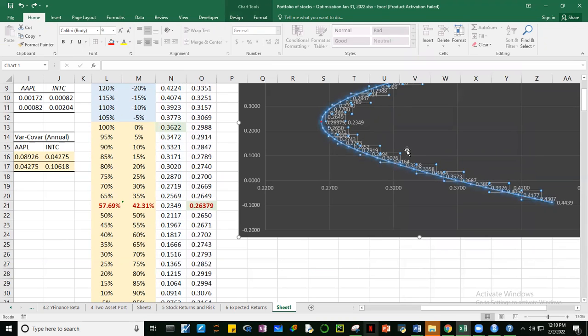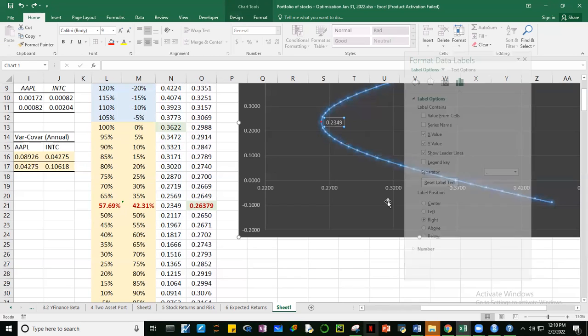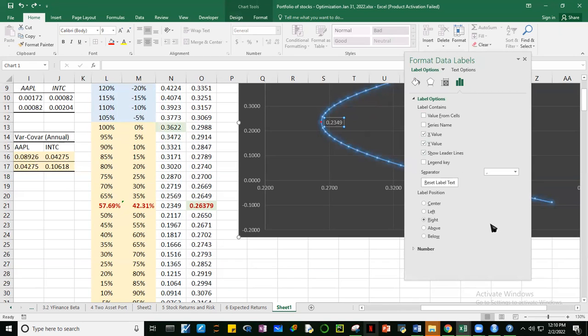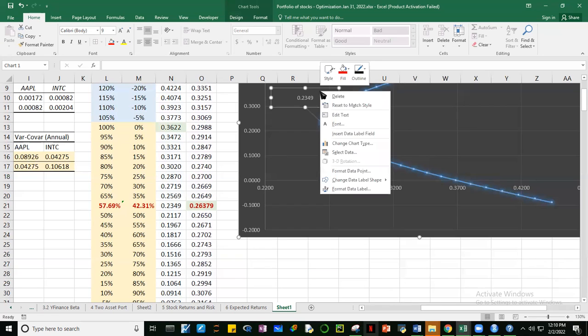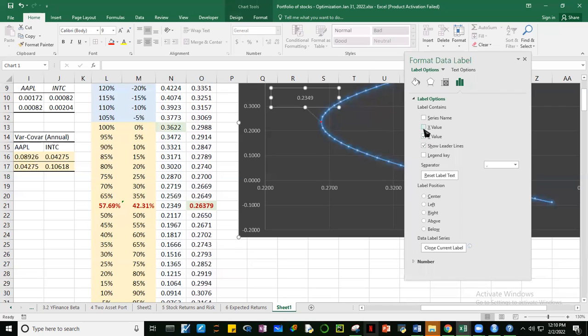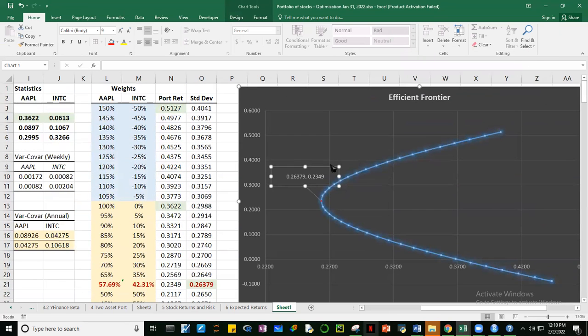Control Z. Siya lang gusto ko. No? Ito lang. Format data label. Lagyan natin ng X yan. Okay? So,